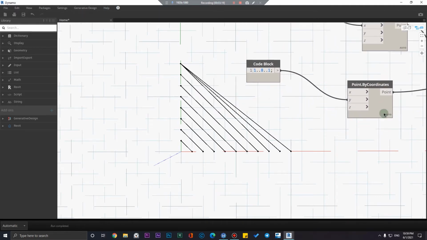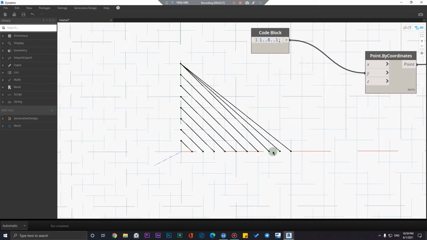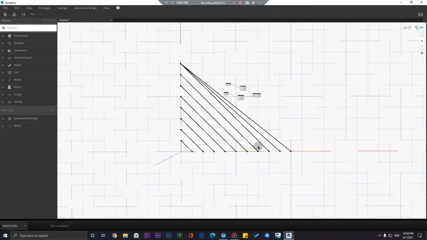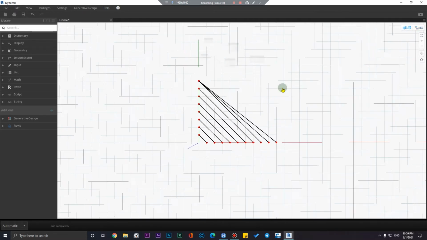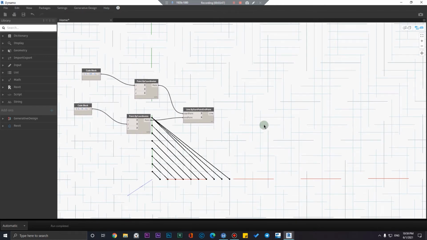For example, we have 8 points here, but here we have 10 points. When it is at 8 points, Dynamo will connect the other ones with the last one in the other data points.